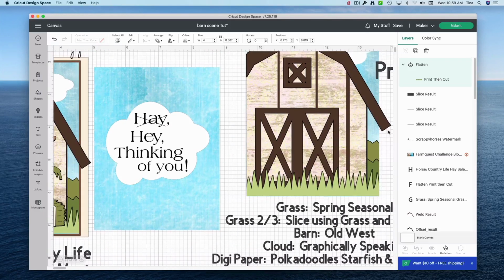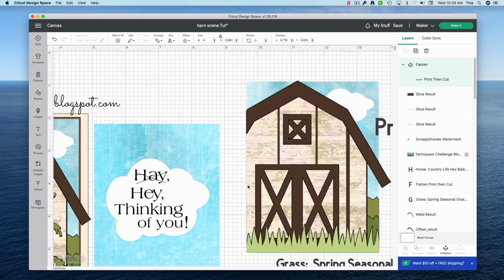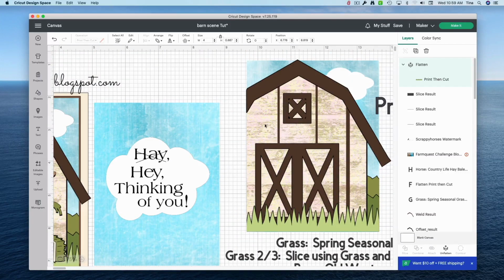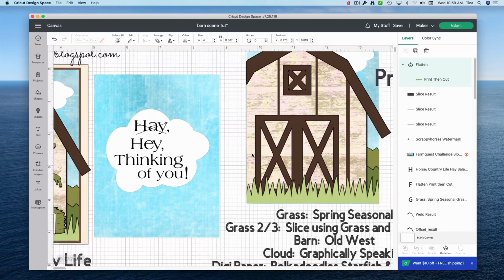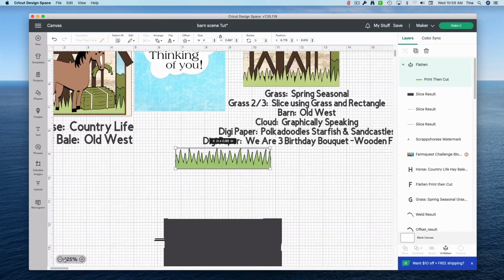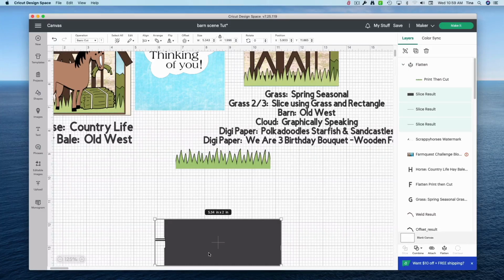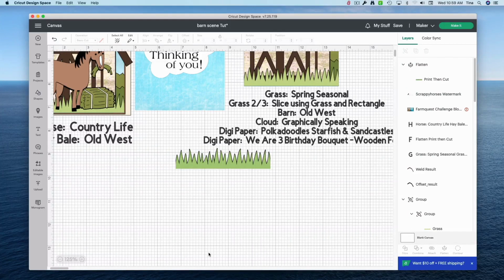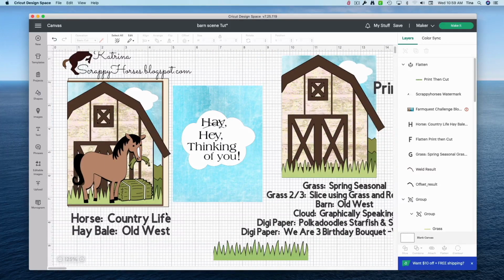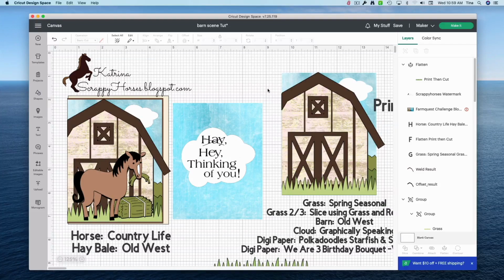Okay, so this gives you a pretty good idea of how I put this together. Keep in mind when you do this, when you slice, it has to be done one layer at a time. I could not lay this entire barn on and slice it at one time. You have to go layer by layer. It's kind of a pain and it takes a little while, but once you do it, if you save it, then you can reuse it again and again for different cards, which I would definitely recommend saving something like this